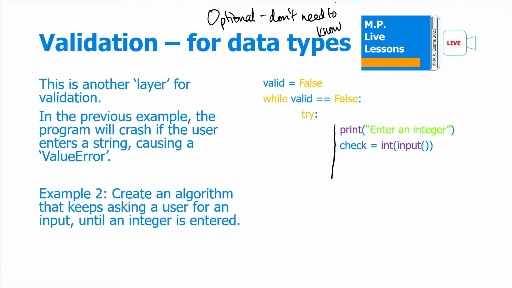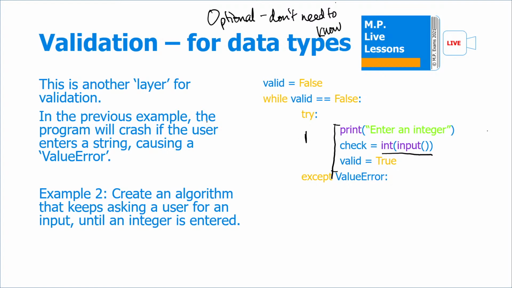We're asked to enter an integer, and our input is stored in the variable check, and then immediately we have the variable valid changed into true. Now we have this except clause here. So if at any point when running this code there's a value error, for example here, when a string is inputted instead of an integer,